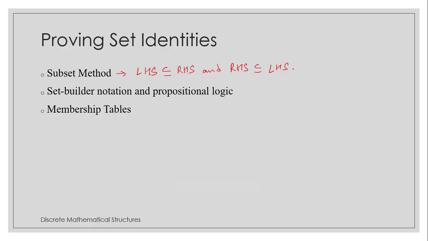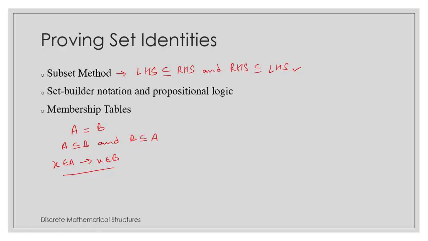Now I have covered subsets in another video. You can find the link to that video in the description. When we want to prove that two sets A and B are equal, we prove that A is a subset of B and B is a subset of A. So the same concept we are using here to prove the set identities. And when we want to prove that A is a subset of B, we prove that every element X that belongs to A also belongs to B. That is, X belongs to A implies that X also belongs to B. So we will be using this concept.